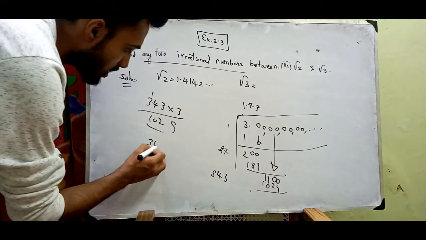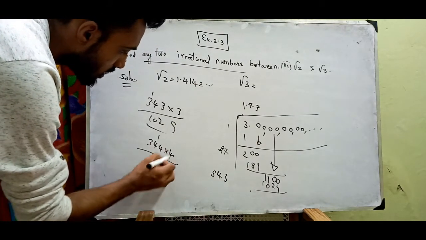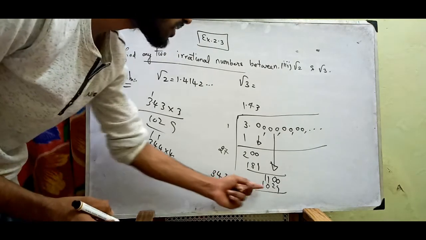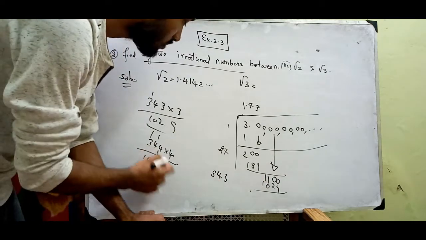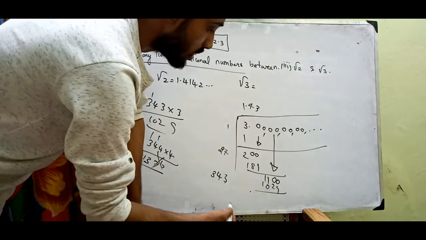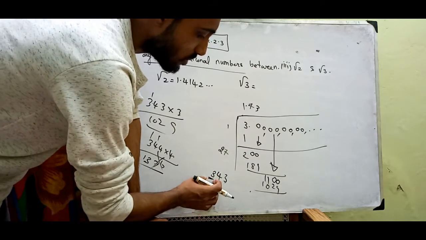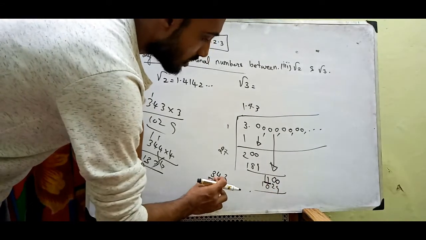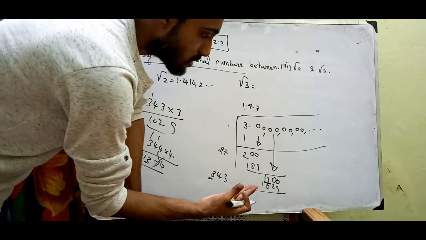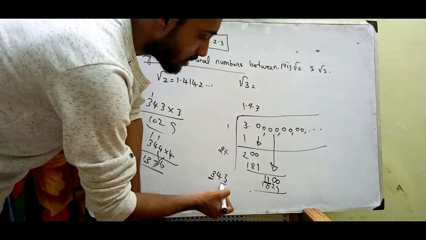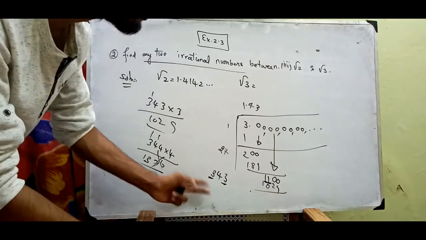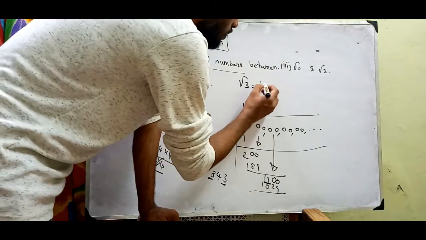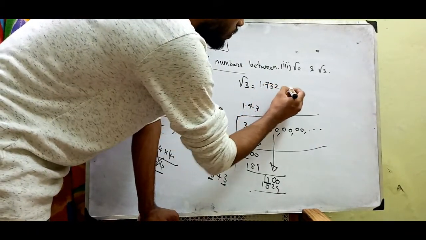If I take 4 here, in fact see, 3 4 4 times 4, 4 4 is 16, plus 1 17, so 4 is 12 plus 1 13, it exists 1376, but we have 1100 only, we don't have this, so that's why I'm taking 3 here. This is a simple logic. What you need to do is, if you take one digit number here, you can take 2 digit number from here. See, the least number is 3 times 9, 3 4 times 12, it can't exist, so 3 times 9, that is why I have taken 3 here and here as well. Okay, after that you have to add this with this quotient. Okay, in this way you can find, and the number you will obtain here is 1.732 and so on.